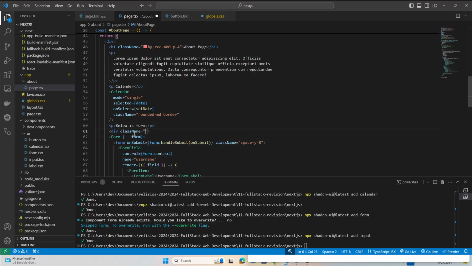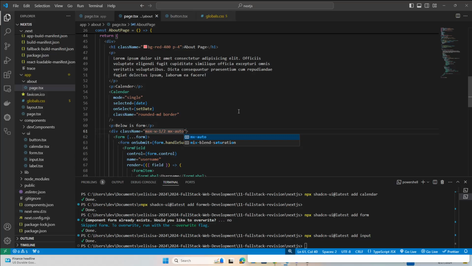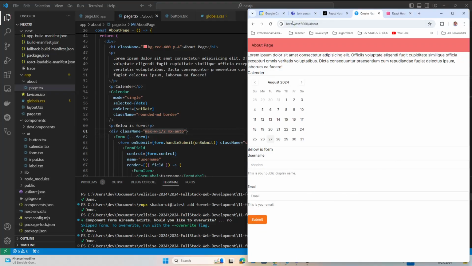So the class name is basically a max width of 600. Let's make it maybe half, because half is a property already there. And mx-auto, so it will go in the center. Good. So now refresh, and the form should be,